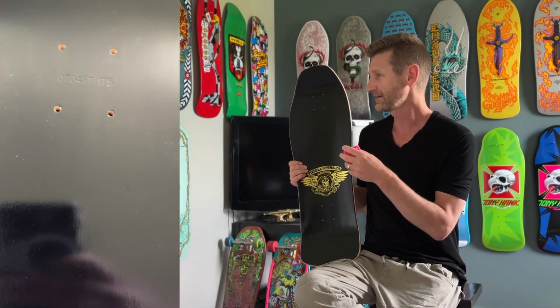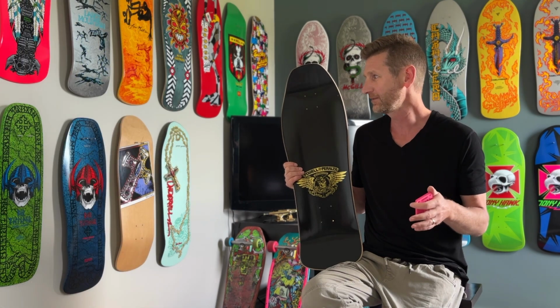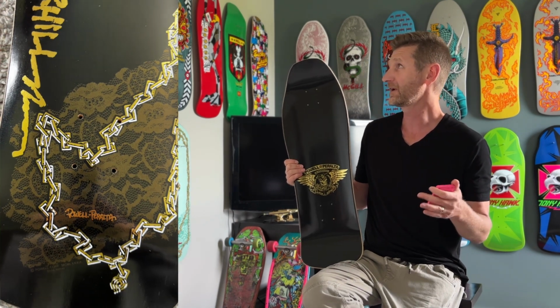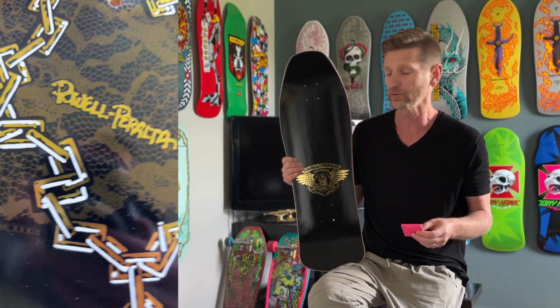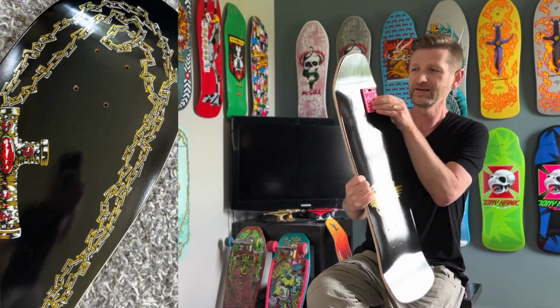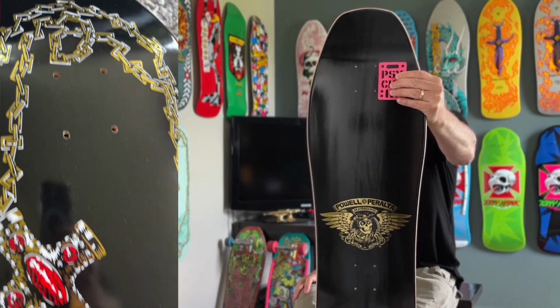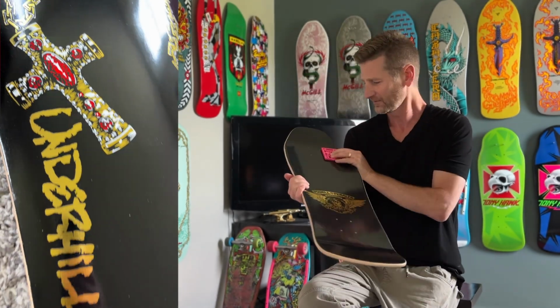And so we do this quite often, and we know that as of probably 2017 and 18, the majority of reissues for Powell started to move towards the full size, the old school truck roll pattern. But this looks different to me. So let's put this up here and see what's going on. Yeah, unreal. So this one, they actually went back to the new school truck roll pattern, which is a little odd to me